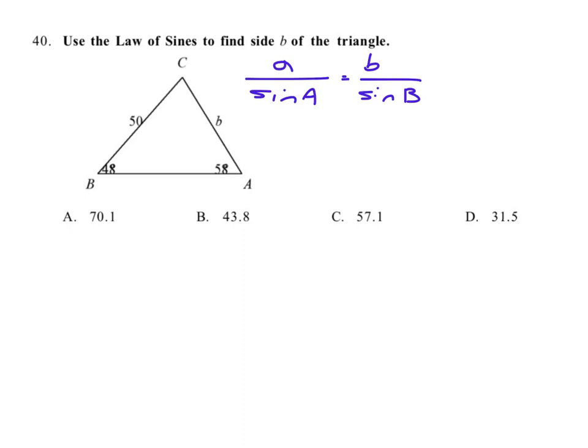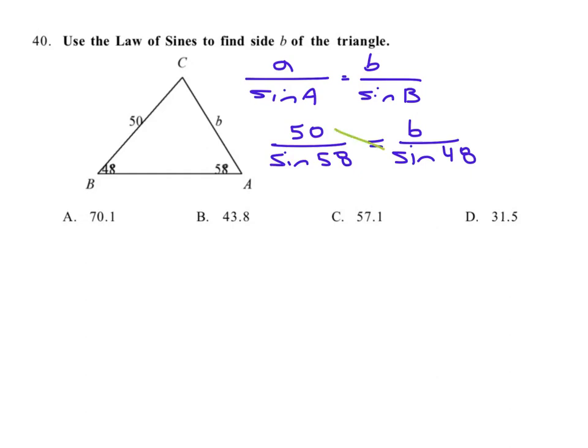We know A, the side opposite angle A, is 50, over the sine of angle A, which is 58, is equal to side B, we don't know that, that's what we're finding, over the sine of angle B, and angle B is 48. Okay? So we set it up as a ratio, and now we're going to do our quote-unquote picnic table method,